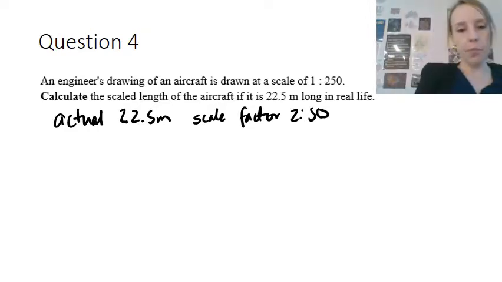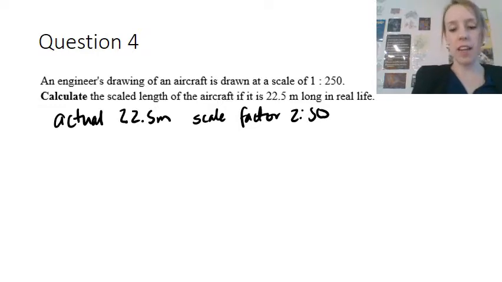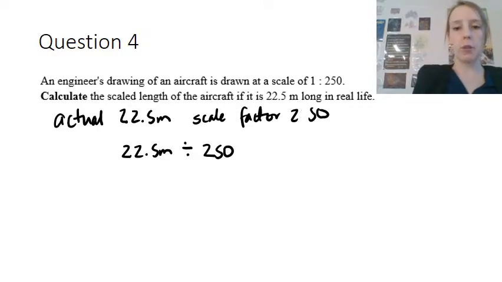There's a few different ways with the converting here. You may convert now or at the end. I'll convert at the end. So I'll do 22.5 meters, and I'm going to divide that by my scale factor, which is 250. Sorry, I'll just make this a bit clearer up here. That shouldn't be 2:50, that's 250, because my scale factor is 250, because that's what it says in the ratio. So 22.5 meters divided by 250, that is going to give me